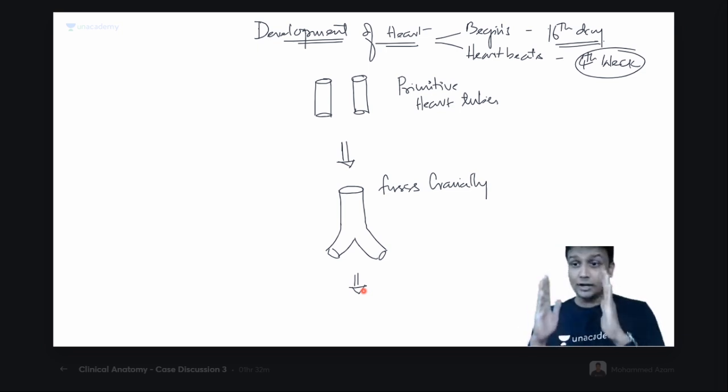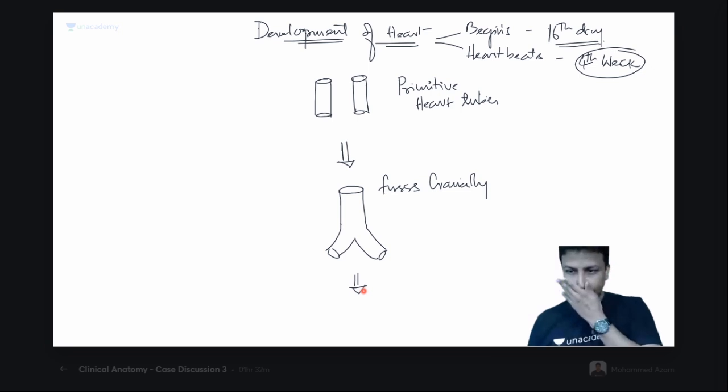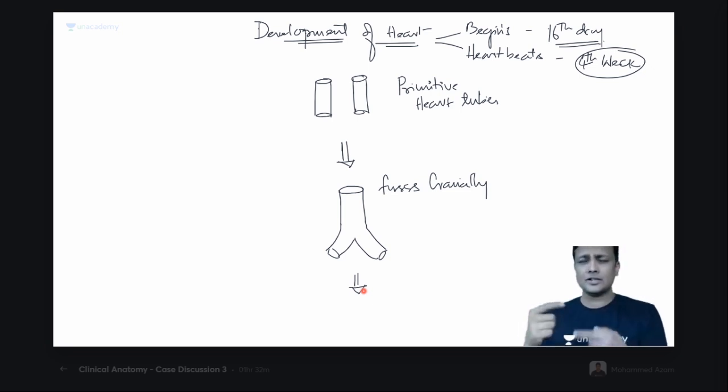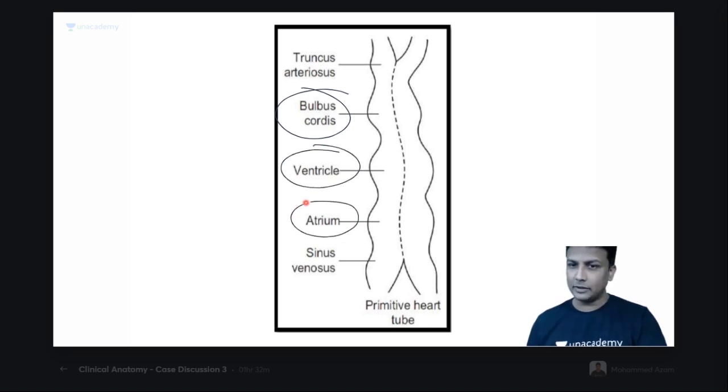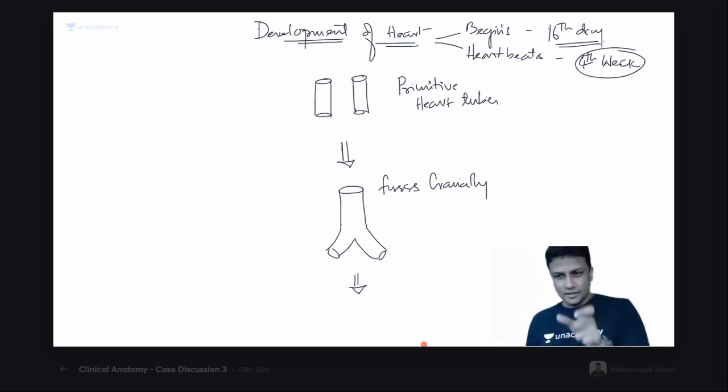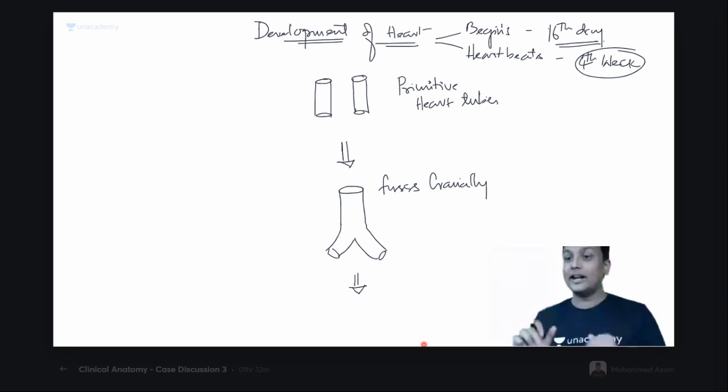Okay. So there are two heart tubes. They're fused cranially and the caudal end will be remaining free. What will happen next? Now remember it like a story. Further, in this, there'll be formation of three dilatations. And those three dilatations will be something like this. You'll find one dilatation here, the bulbus cordis, another dilatation here, the primitive ventricle, and the primitive atrium. So in this fused heart tube, there'll be three dilatations formed.